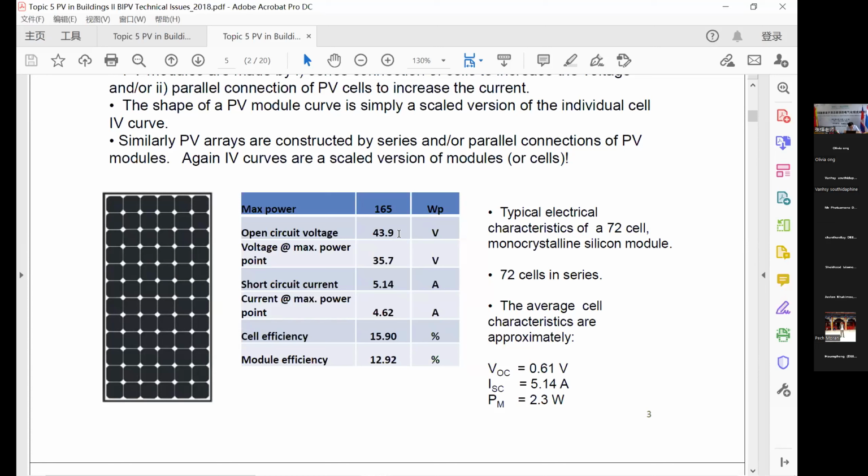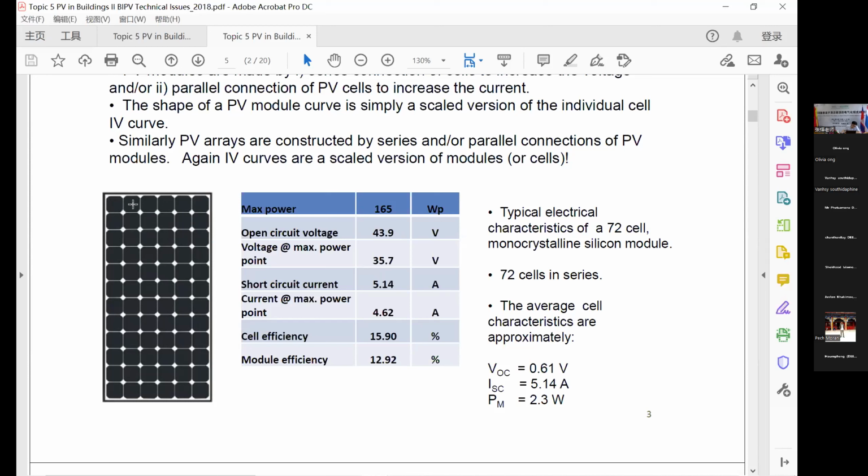And the short circuit current is 5.14 amp, but the current at the maximum power point is only 4.62 amp. So in general, the cell efficiency is 15.9%, and the module efficiency is even lower, at 12.92%. Cell efficiency means the efficiency of one small cell, and the module efficiency is, for example,